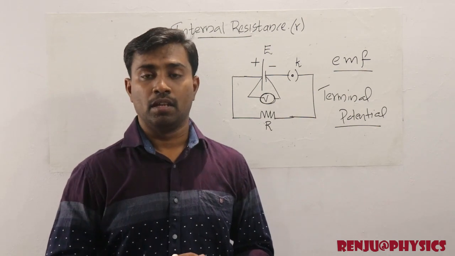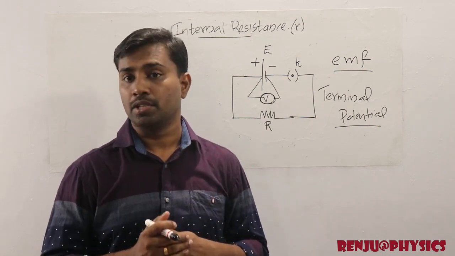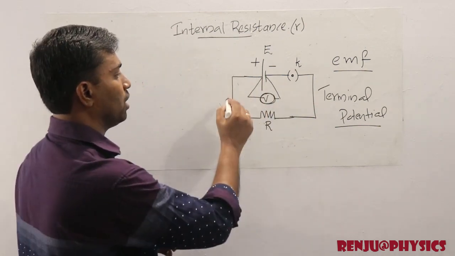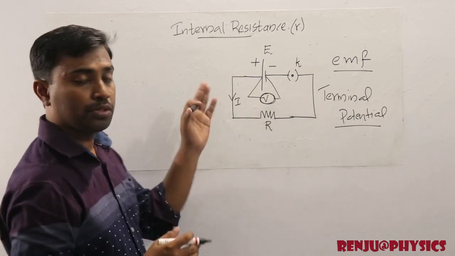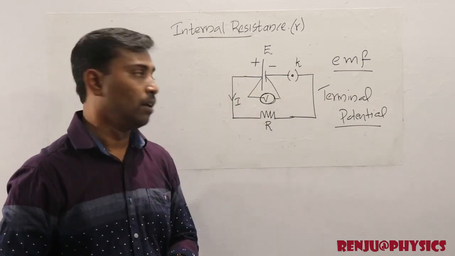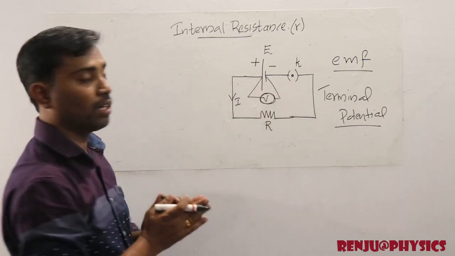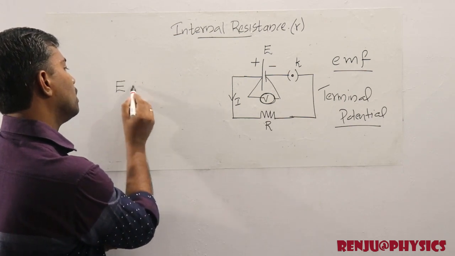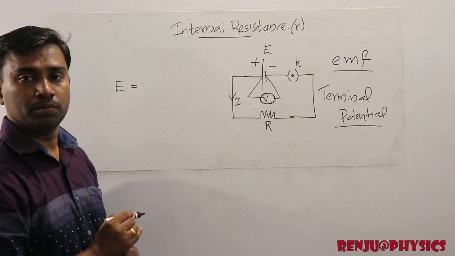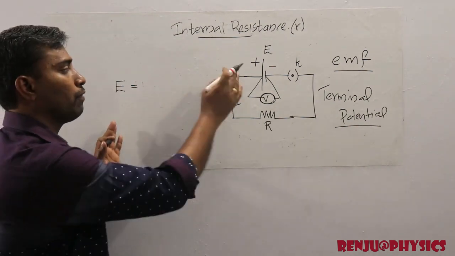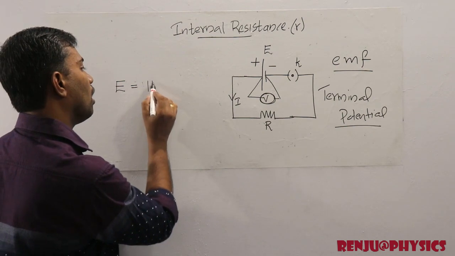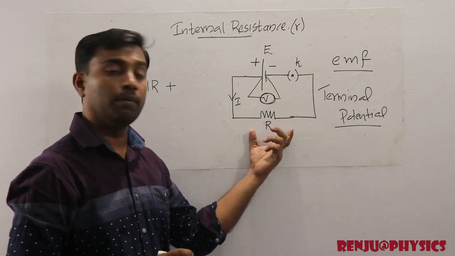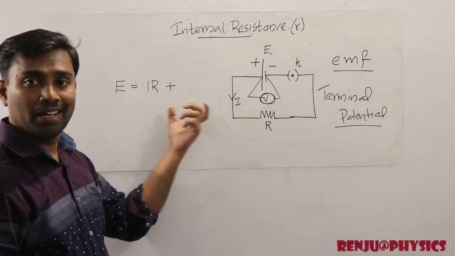How we can determine the terminal potential, that we are going to discuss now. So this is a circuit, and a current I is passed through the circuit. This is a series connection, so we can write the total EMF. The total EMF drawn from the cell is E equal to IR plus, where I is the current through the resistor, so across it there will be a potential drop equal to IR, plus